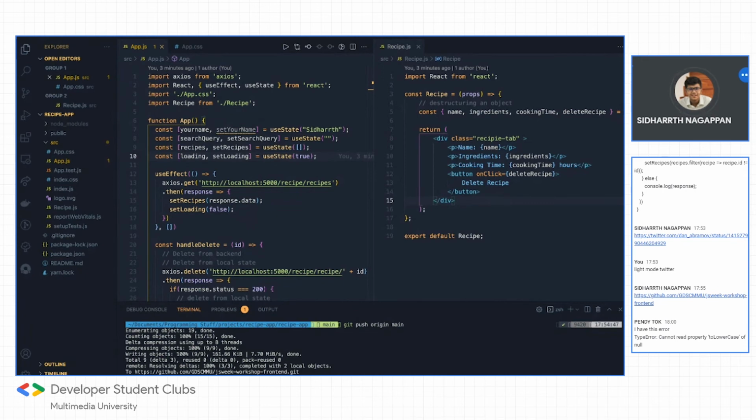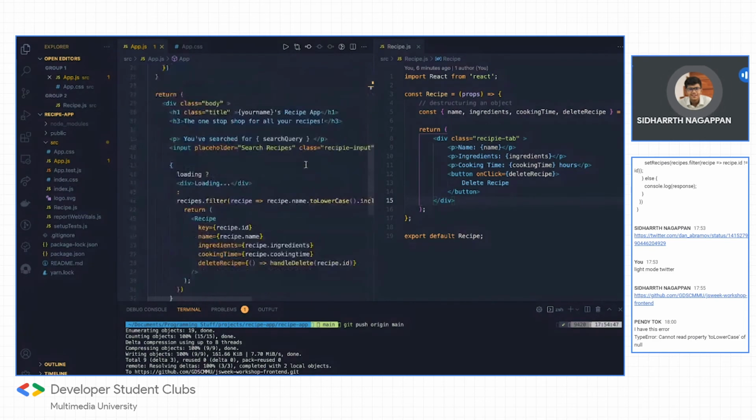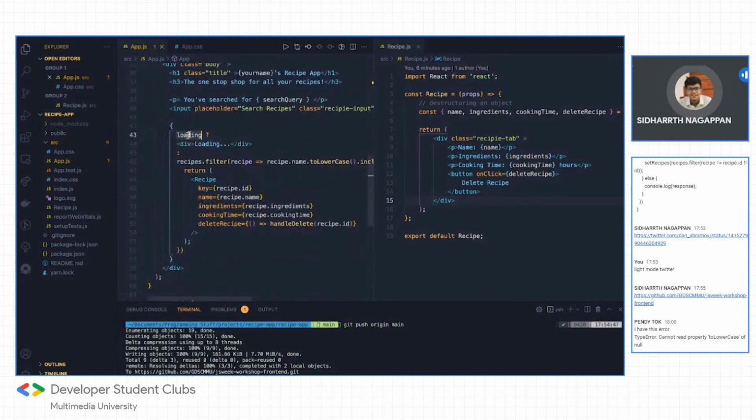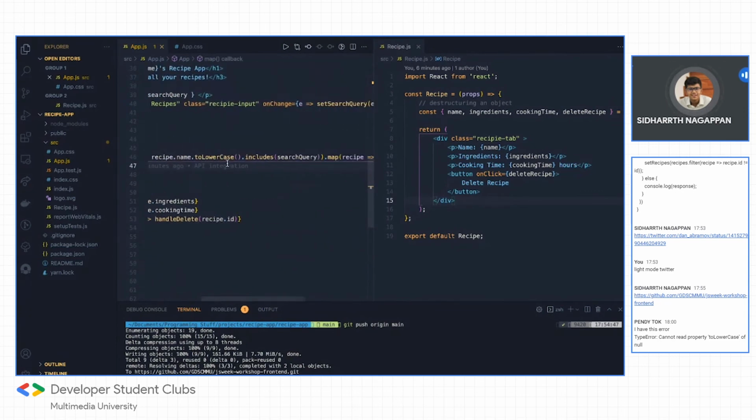Error. Okay, that is because you need to make sure your recipes is an empty array, not empty. I remember I put the empty object, right. Don't put that. Make it an empty array because it causes an error. And make sure you're doing the loading correctly. You can check out the GitHub repo. Check if it's loading, then print loading. If not, then print out all the stuff that comes from the